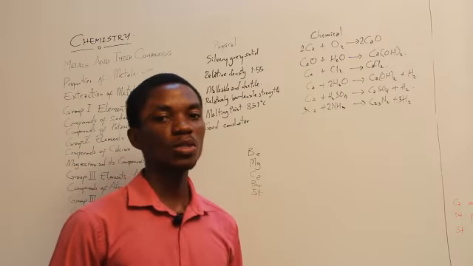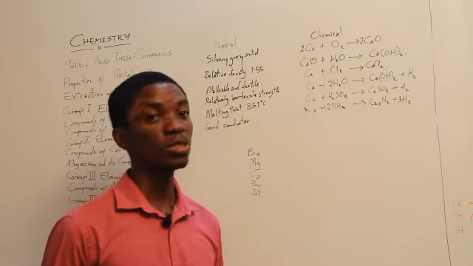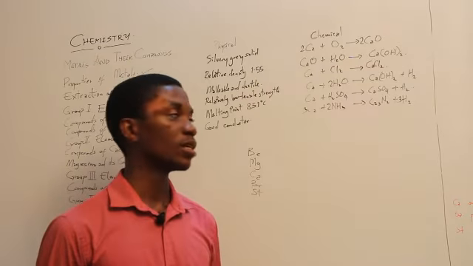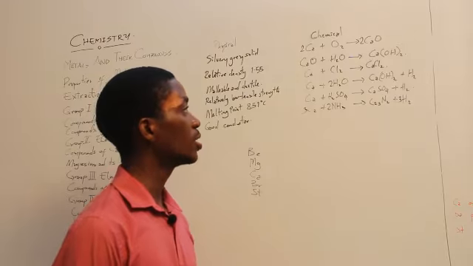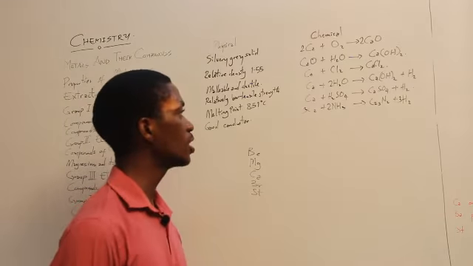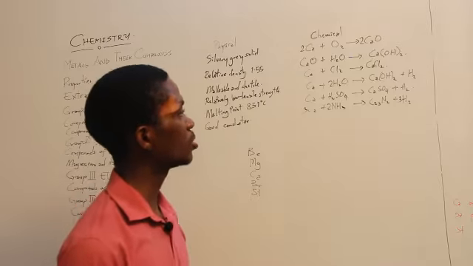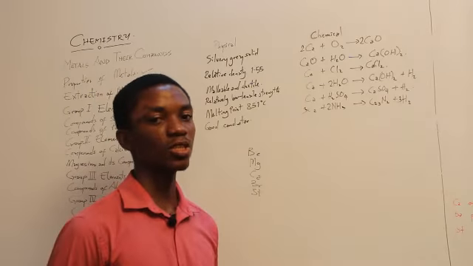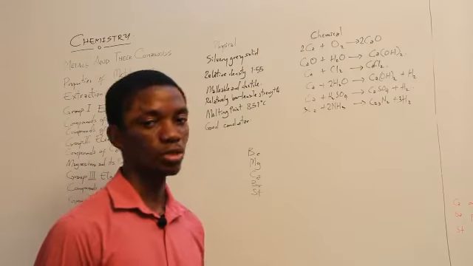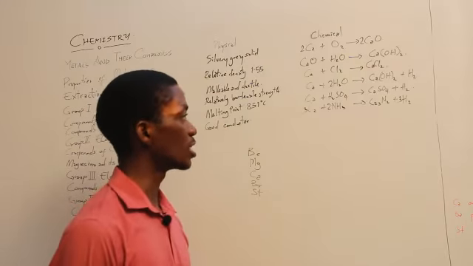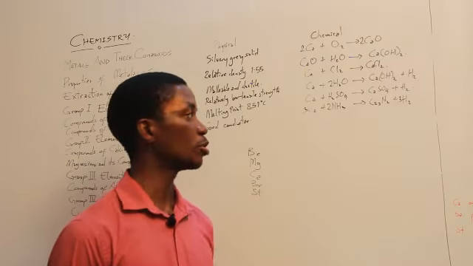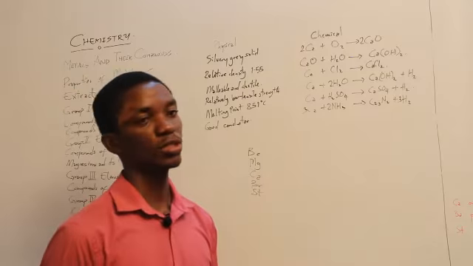It reacts with water. It reacts with cold water very slowly, but when the water is warmed up, it reacts more rapidly, and it liberates hydrogen and produces calcium hydroxide. It also reacts with concentrated H2SO4 or other acids, just like every other metal, to liberate hydrogen and produce the salt. It reacts with ammonia to liberate hydrogen and produce calcium nitrate.